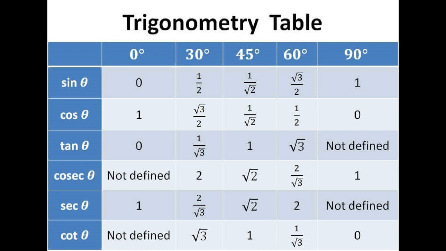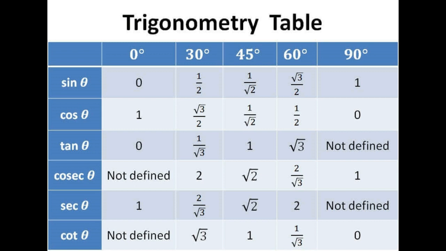So the value of cos: 1, root 3 upon 2, 1 upon root 2, 1 upon 2, 0. Now as you know, the third one is tan, and we know that sine upon cos is tan. So whatever we have said in sine upon whatever we have said in cos will be the value of tan. So 0 upon 1 is 0, and the second one: in sine it is 1 upon 2 and in cos it is root 3 upon 2. So 1 upon 2 upon root 3 upon 2, the 2s cancel out, and we have 1 upon root 3.